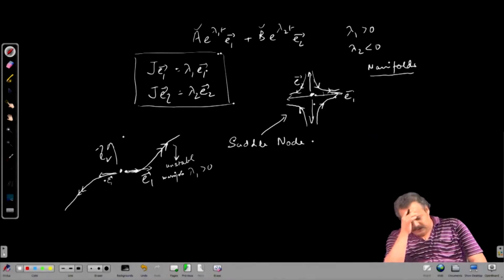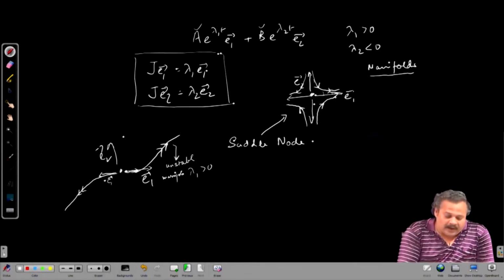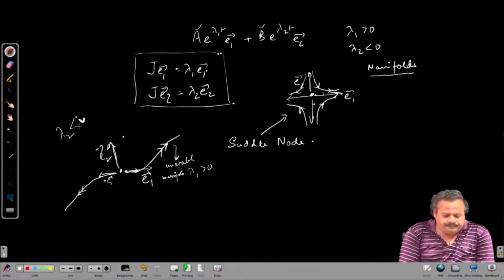The other is, if we start slightly away from the equilibrium point along E2 or along minus E2, so let us say this is our E2 and our lambda 2 is less than 0,